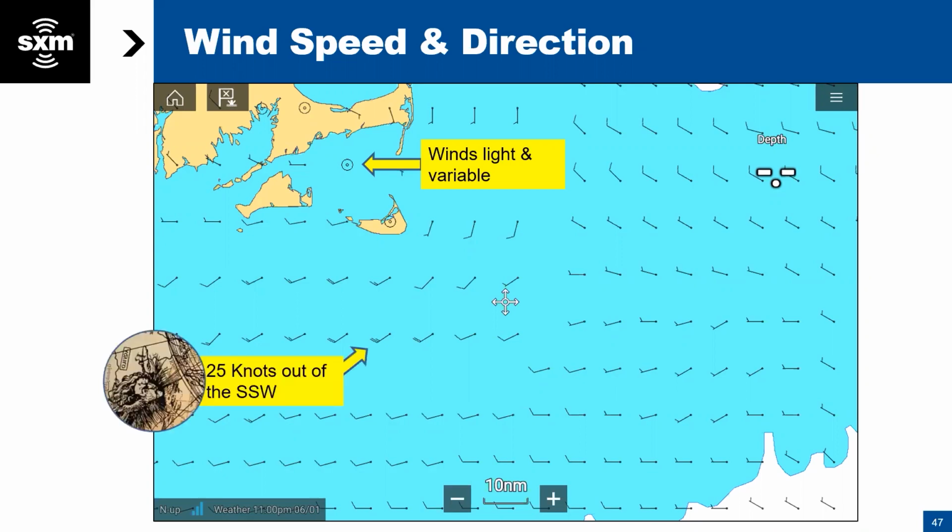Next over here, we've got winds out of the southwest at 25 knots. Now I know the speed and direction based on that symbol. What we are seeing here is the dot is basically the fixed point, and this, it looks like a flagpole. The flagpole itself is pointing into the wind, and if you listen to a weather forecast, they always say winds are out of, meaning where they're coming from. So the wind is coming from the southwest, and these other tick marks on the end that look like the